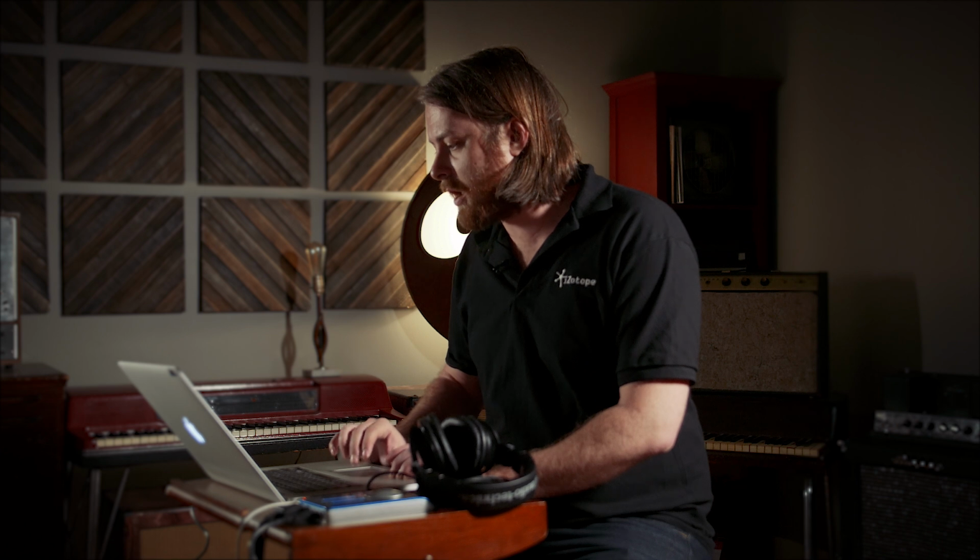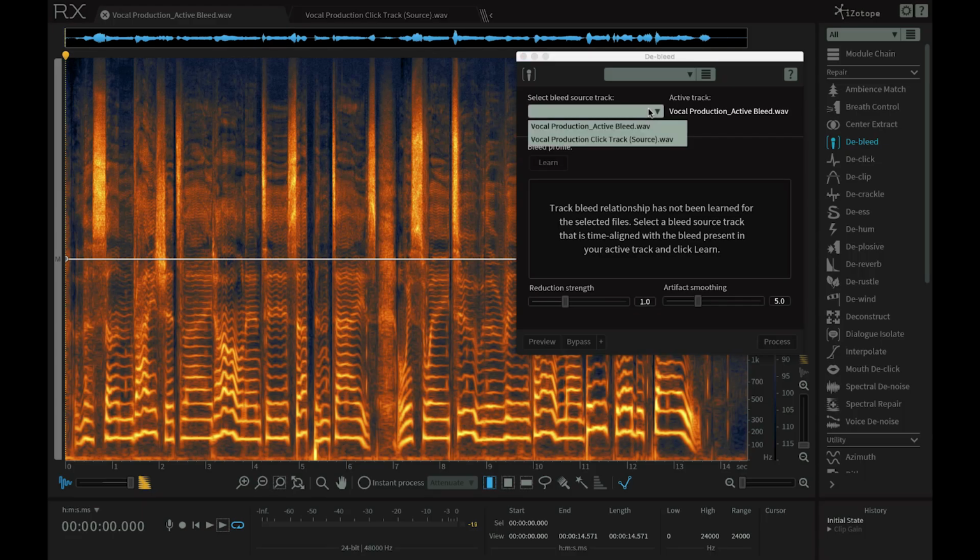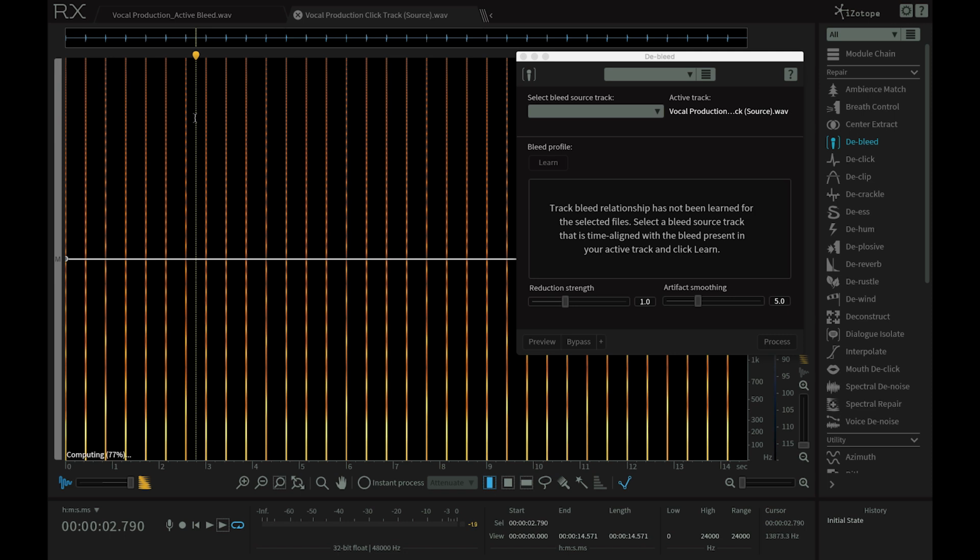What I'll do is call up the DeBleed module. And again, I want to make sure that I have my active track here on the right, the one with the bleed on it that I just played. And I want to make sure that I have my click track source, which is just the clicking. So if I play this for you in the second tab,